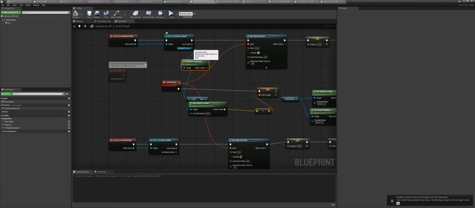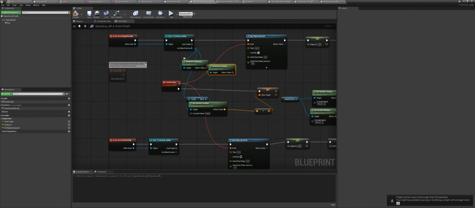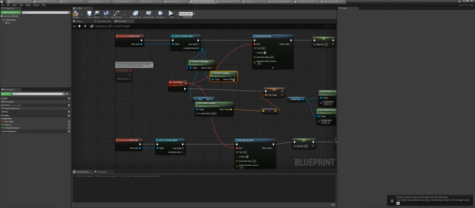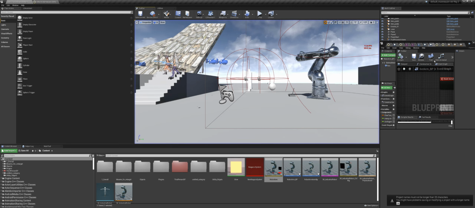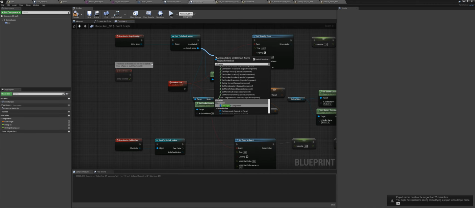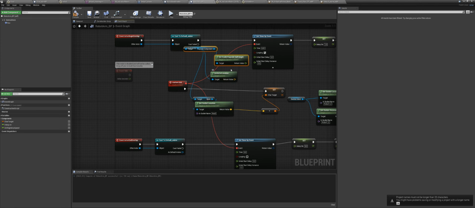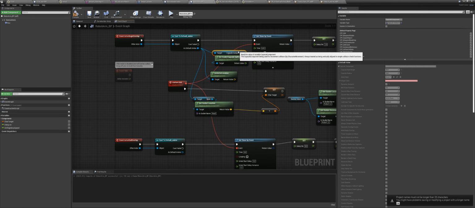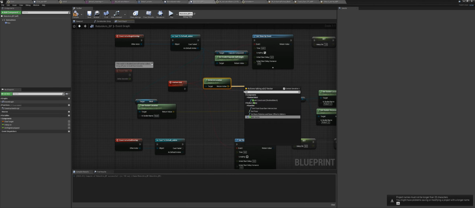Location, actually location might just be fine. Get actor location. And this here is essentially the bottom of the capsule. So when we're playing, it is the bottom of the capsule. And then we want to get capsule height, get scale capsule half height, so that we can get the scale of the capsule, so the height of the capsule, and we can break this vector here